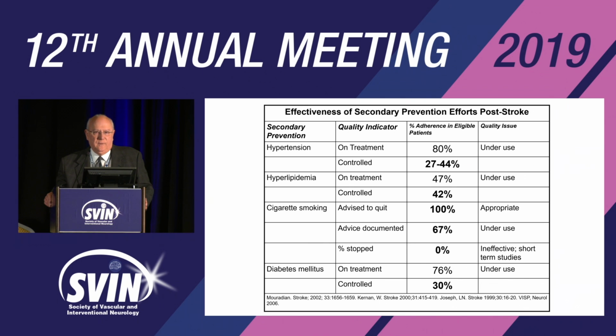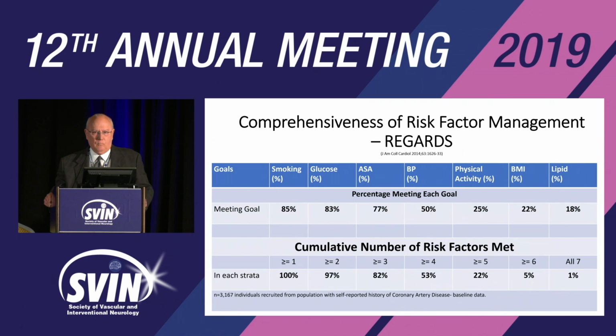And the two things, are they on a treatment like a medication, but then are they at target? And if you look at this carefully, you can see that we're about 40 to 50% at target. And this is true a little bit better in clinical trials, but similar kinds of results. And if you try to do what we have to do in stroke patients, deliver comprehensive multiple risk factor management simultaneously, it becomes really very difficult. And this data from REGARD show that the more you try to do that with multiple risk factors, the less